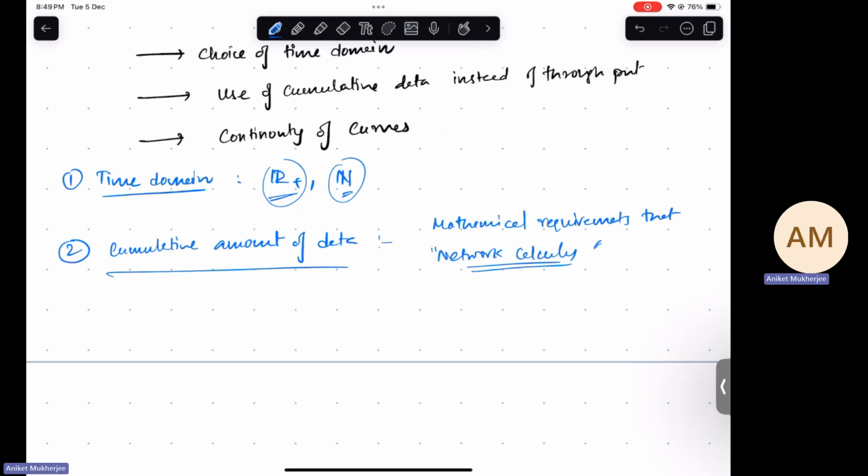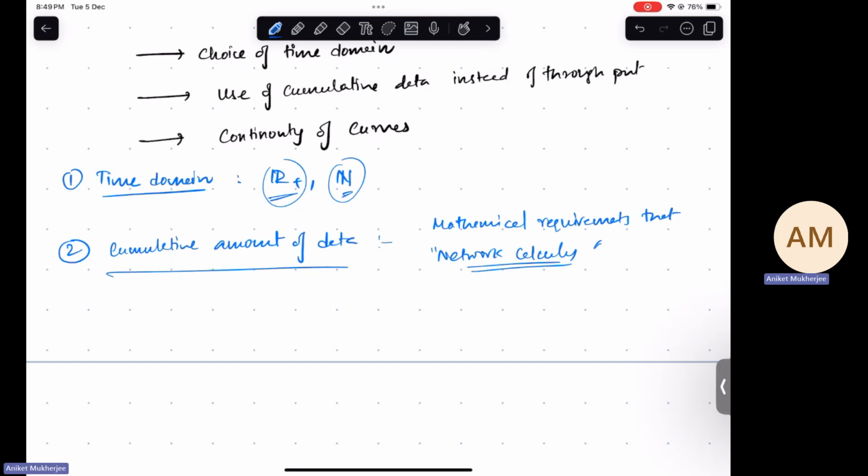Whereas instantaneous throughput is not defined at every time scale, because we also want to take into consideration any instantaneous arrivals, any huge packets which have instantaneous arrivals. If you want to model those, throughput basically does not give you the total amount. It just gives you an expected rate of arrival. So yeah, the choice of cumulative amount of data